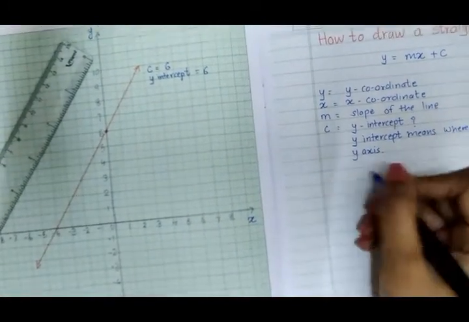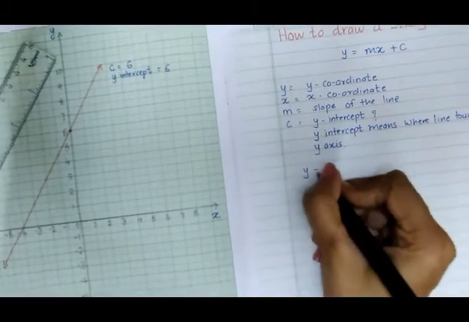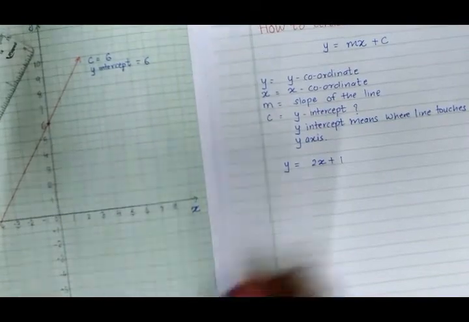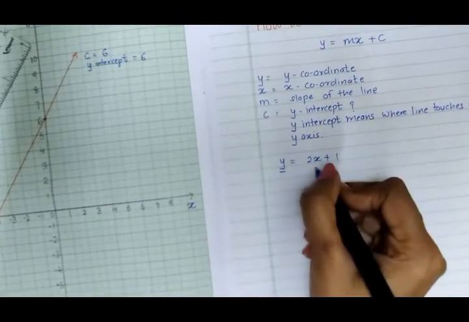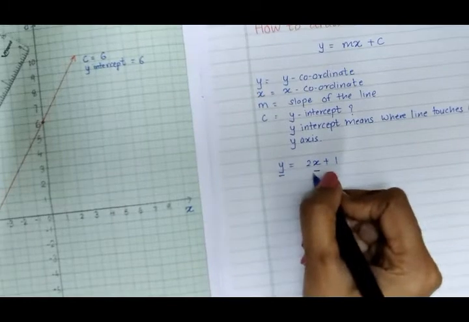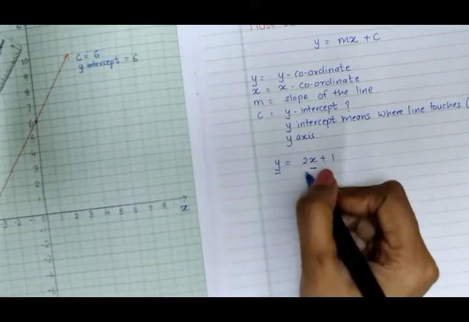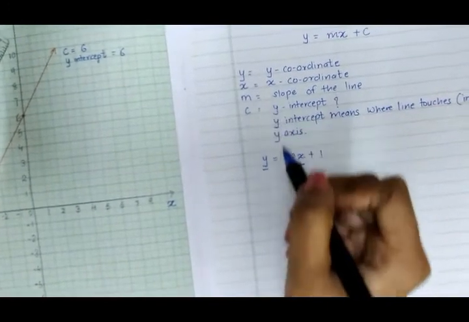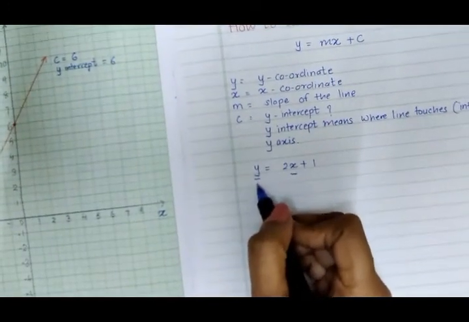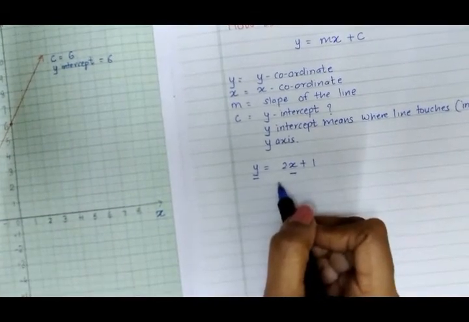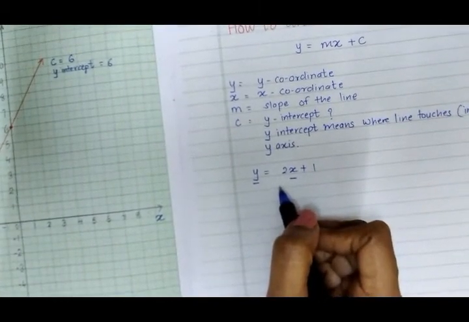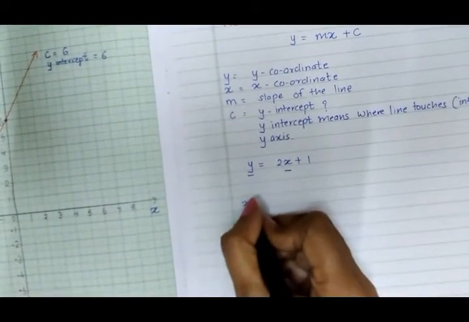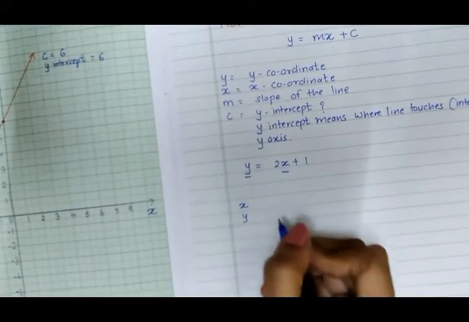Your example question, which line we are going to learn to draw here, is going to be y is equal to 2x plus 1. Now as you can see, y and x in this example question also remain as they are because they are nothing but the values of y and x coordinates. Now how do we obtain these values of y and x coordinates? It's on us, okay? We can determine their values the way we want to. What we have to do is we have to just simply make one table for x and y values.